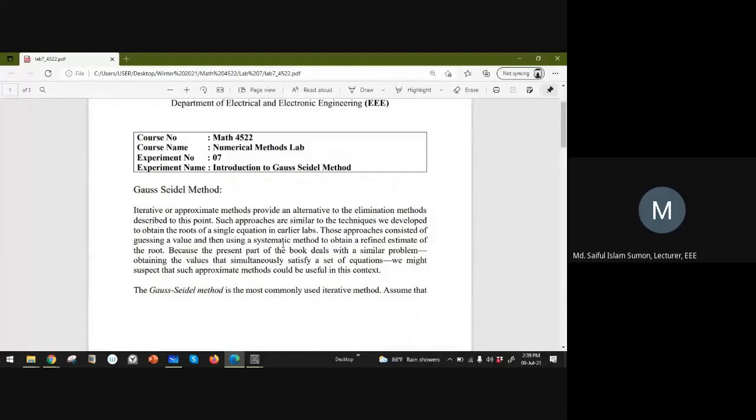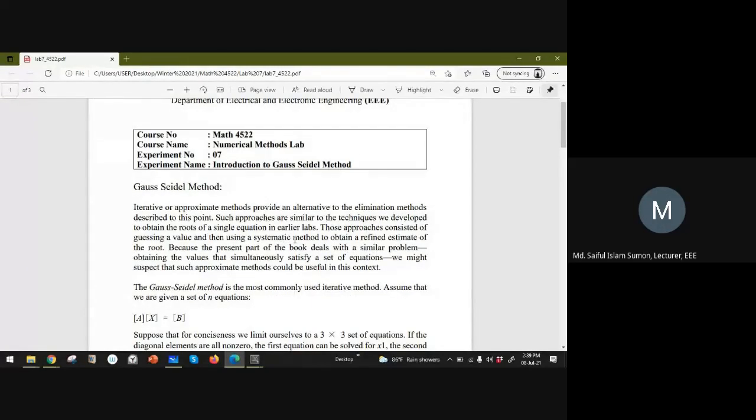Today is the seventh experiment, okay, and we are going to learn Gauss elimination. Yes, in the last lab, what we have learned? Gauss elimination method, isn't it? Yes, sir. Gauss elimination. Here we are going to learn the Gauss-Seidel